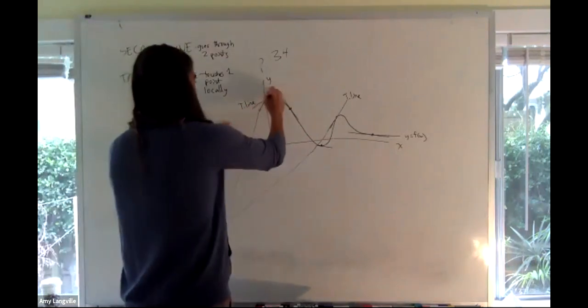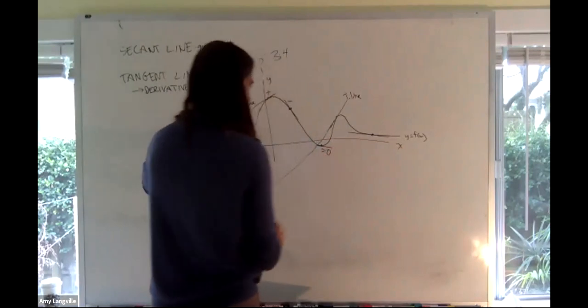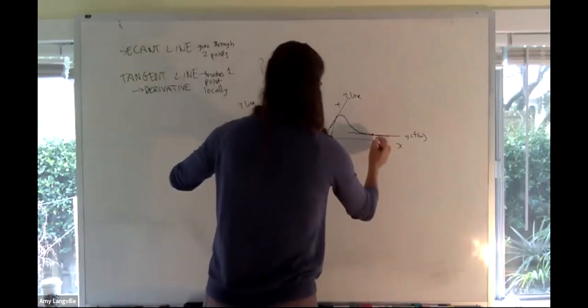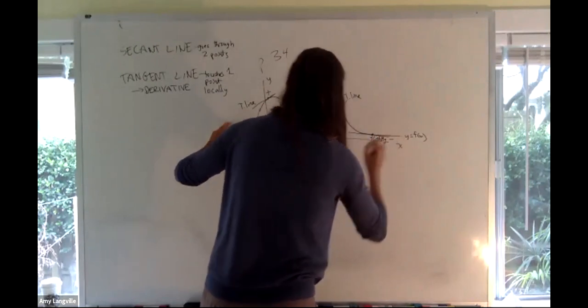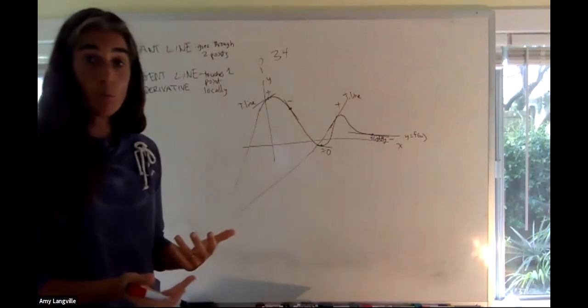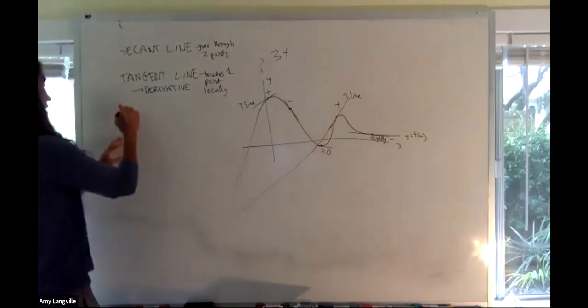This one's clearly a positive leaning line. This one's clearly a negative. This one's almost zero, it looks like. This one's positive. This one's negative, just barely negative. So maybe slightly negative. Right, and that's useful information to us because it's going to tell us something about the rate of change